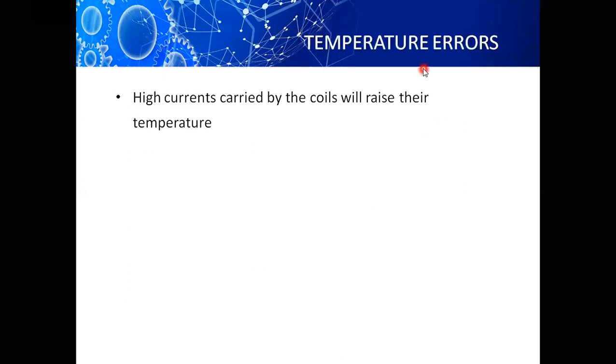The next one is temperature errors. High currents carried by the coils will raise their temperature. This will occur especially when we use a dynamometer type instrument as a wattmeter. This temperature will increase more at the pressure coil, and if you want to use the instrument as a voltmeter, where we place a high resistance, low inductive resistance in series with the coils, there also, because